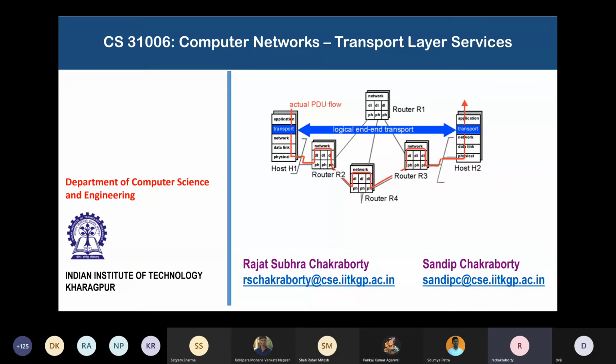Today we are going to start the study of transport layers and how transport layer segments are transmitted in an error-free way through a logical end-to-end connection that is set up between the two transport layer entities. One transport layer process on one side and another process on the other side exchange these segments as the relevant information.